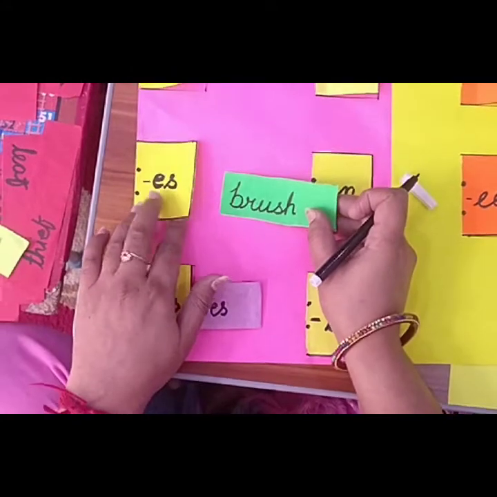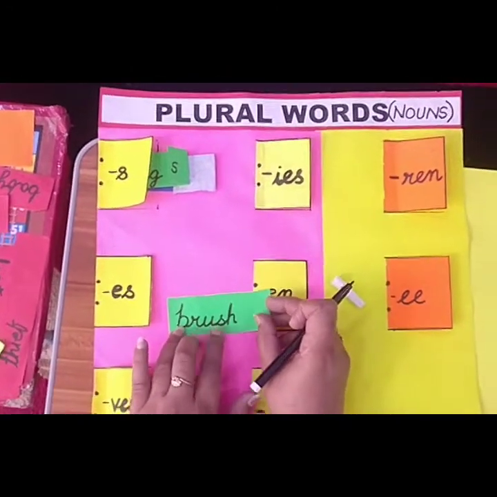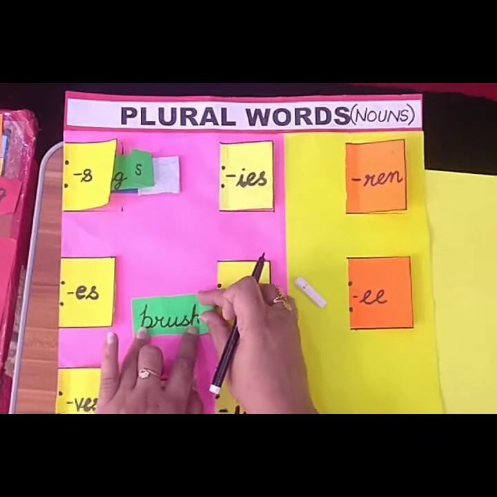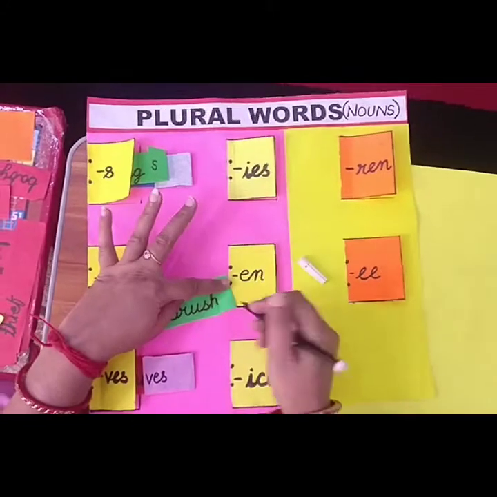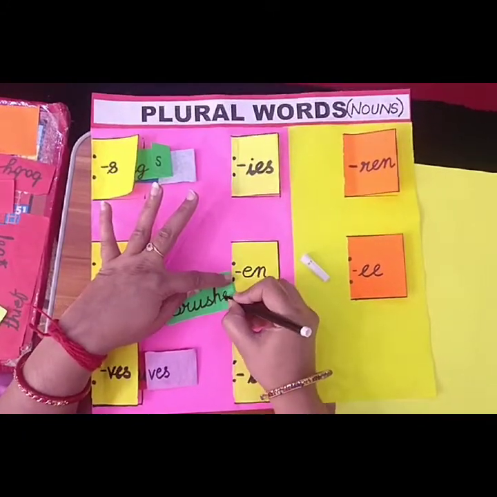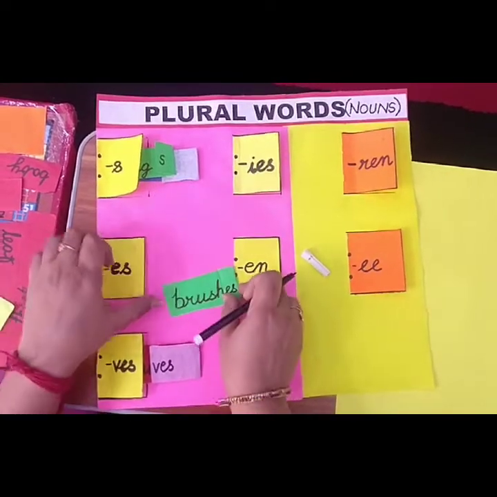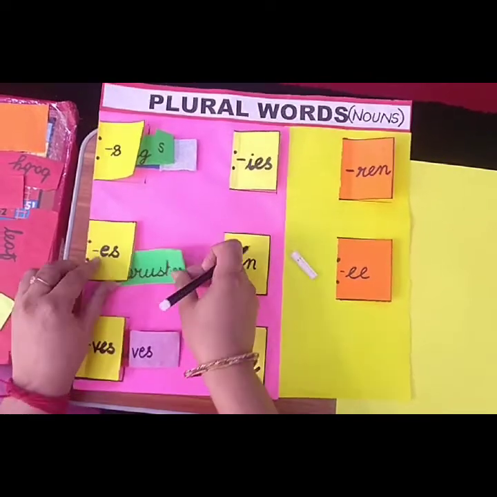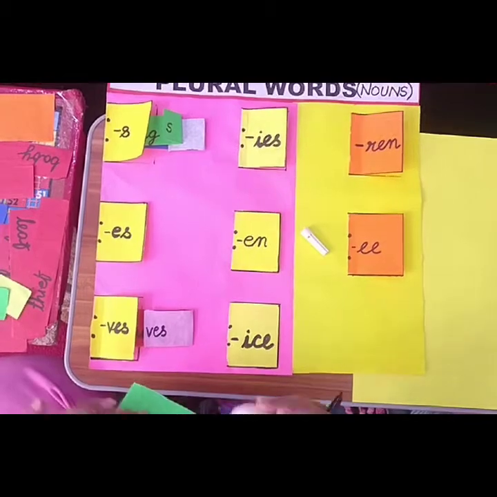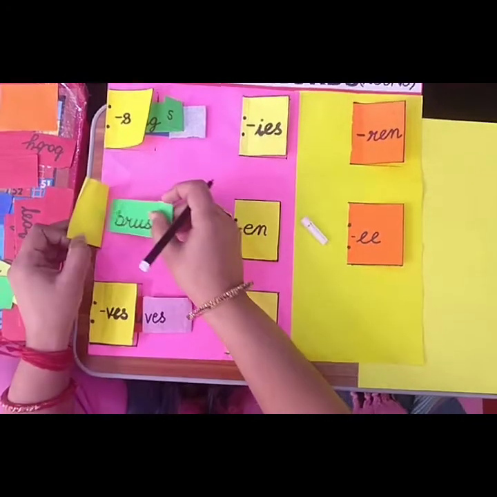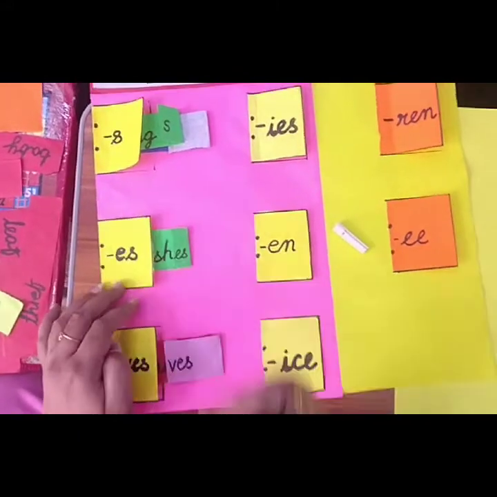So what I have to do is place this word under this book cover, ES suffix. With brush, I don't need to hide any word. I just need to add the suffix: brush, brushes. I will just add ES. So brush will become brushes and I will put it under the suffix ES. And again I can paste it. So we'll place it under this book cover. So in this book we have added one word, brush, brushes.